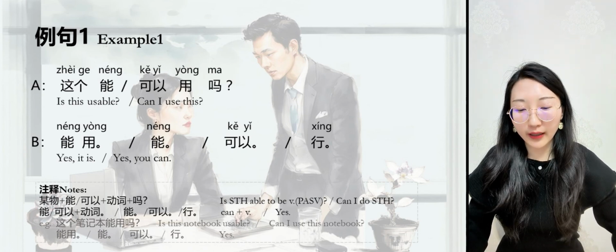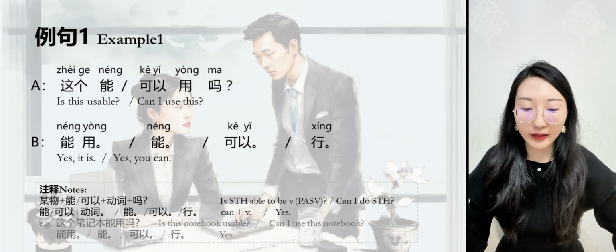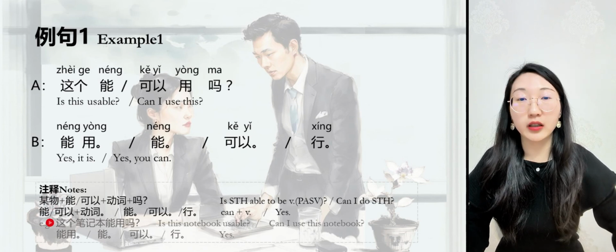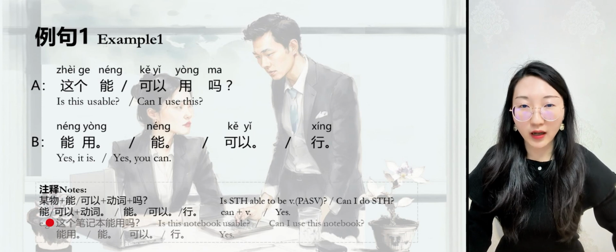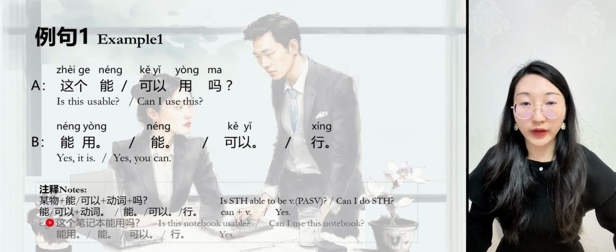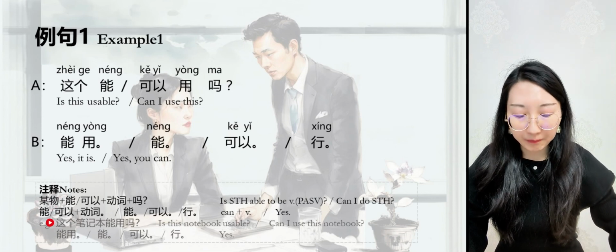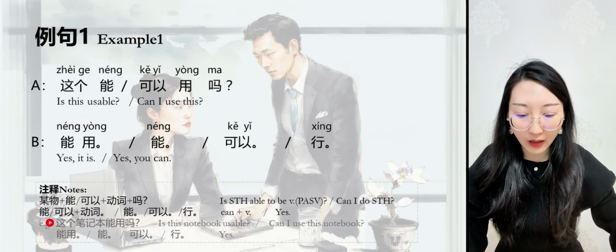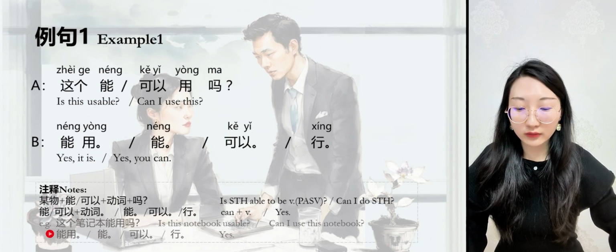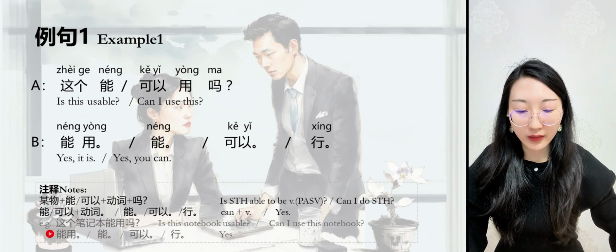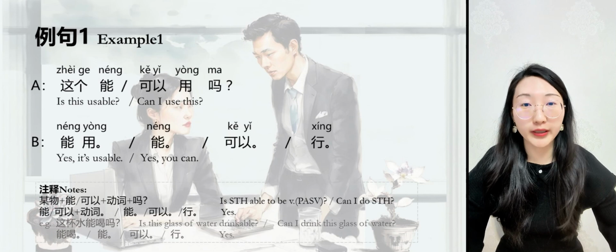So for example, like in the picture, this man is asking the woman, is this notebook usable? As in, is this notebook in good condition to write on? Or is it available so that I can use it? And that's 这个笔记本能用吗? And as for the positive answer, 能用,能,可以,行。